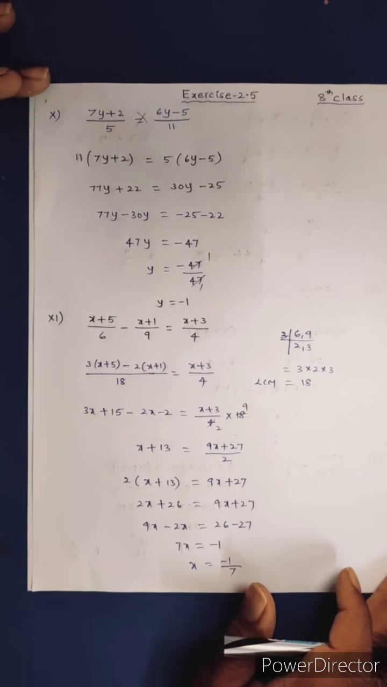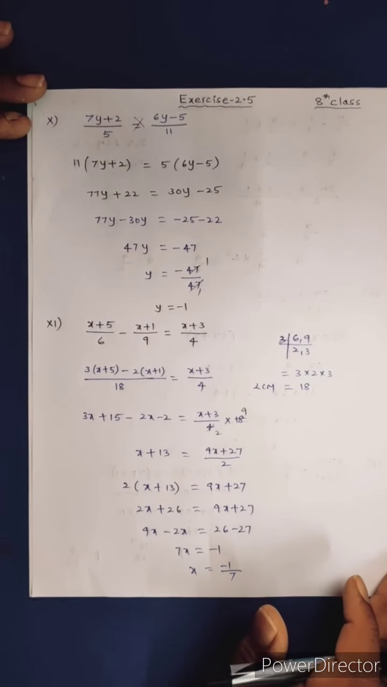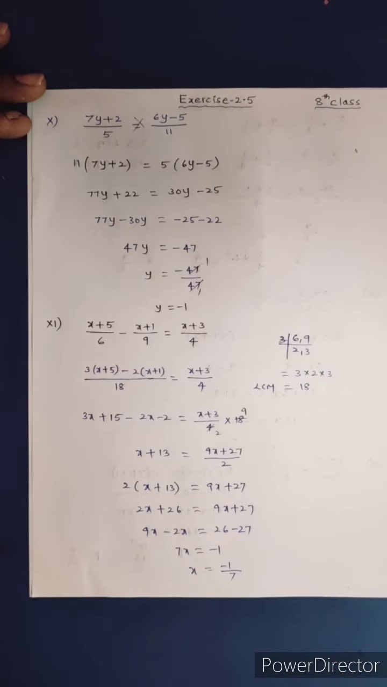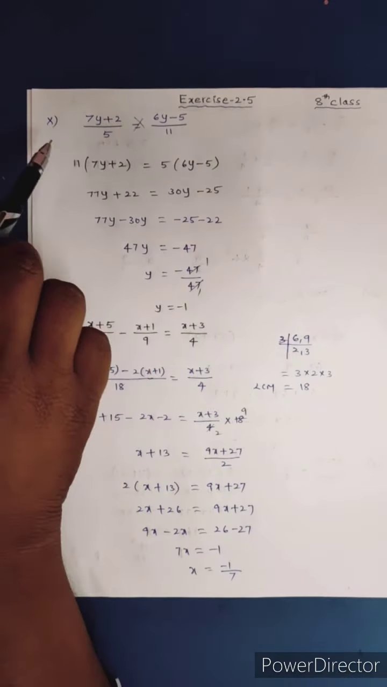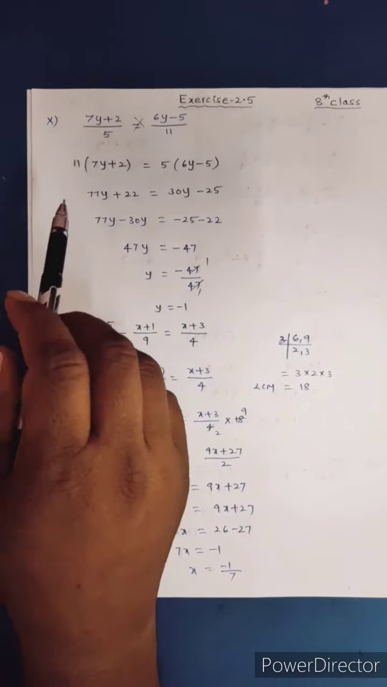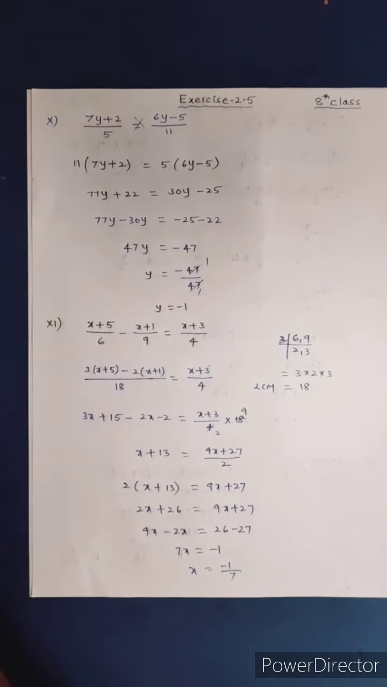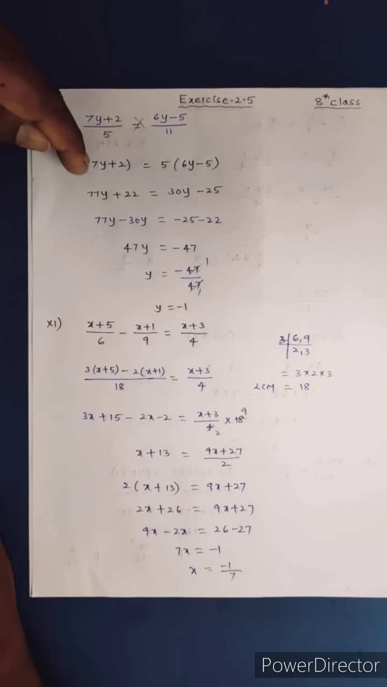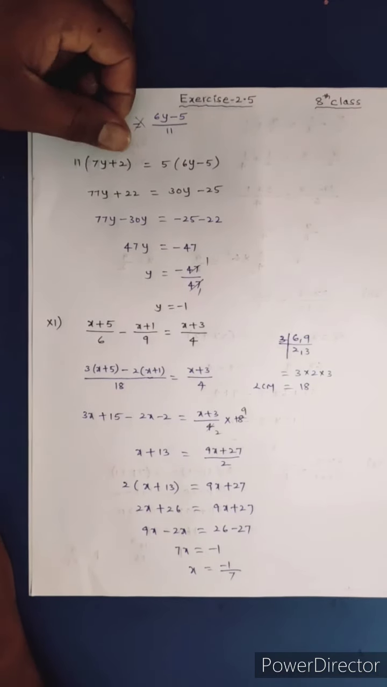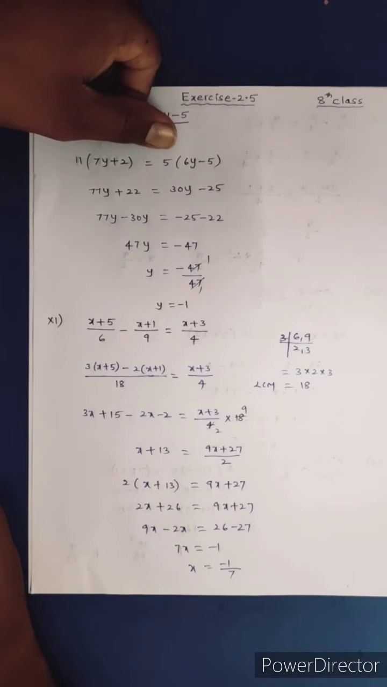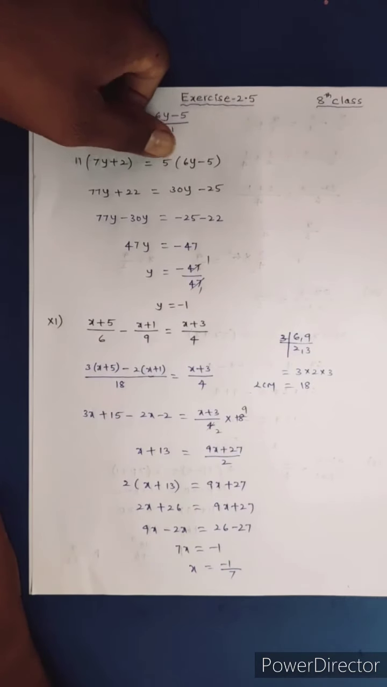7y plus 2 by 5 is equal to 6y minus 5 by 11. Again in this problem also do the cross multiplication. Then 11 that side, 5 is equal to that side. 11 of 7y plus 2 is equal to 5 of 6y minus 5. 11 7s are 77y plus 11 2s are 22 is equal to 5 6s are 30y, plus into minus minus